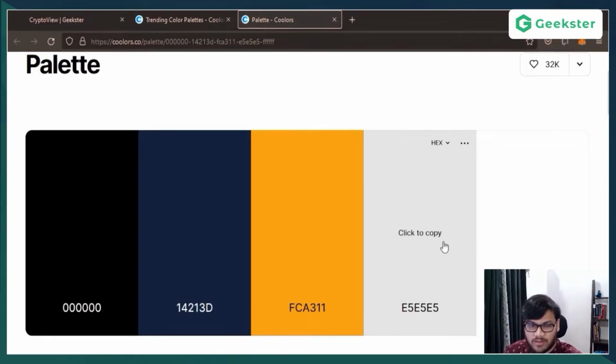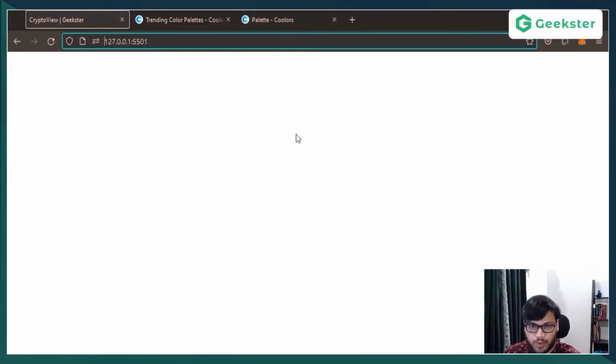What I'm thinking is, we don't use a plain white background as your body. What I'll do is this light gray kind of a thing. I'm going to use this as the background of my body. So right now, if you notice, the background is pure white. I'm going to change it. I'm going to use a little grayish kind of a thing for my body background. So let's go back to VS Code